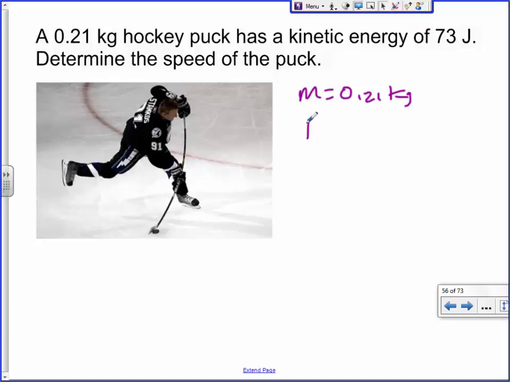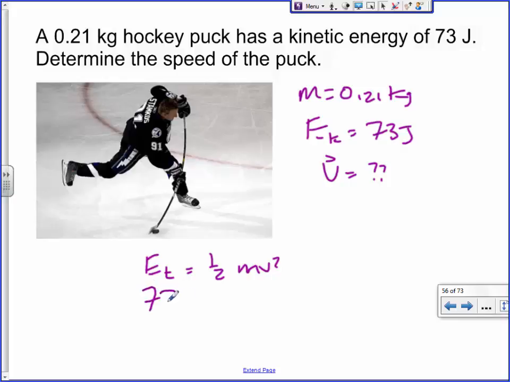We have our kinetic energy, 73 joules. We don't know our speed or velocity. If I don't write a little arrow hat over top of it, because we're going to square it and turn it into a scalar, it's not really the end of the world. Because we're going into energy anyways, that doesn't really make a difference. Okay, so kinetic energy is 1/2 mv squared. Let's not screw up this time, Chris.